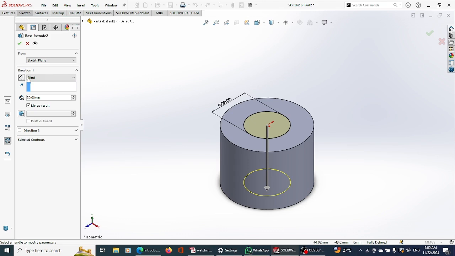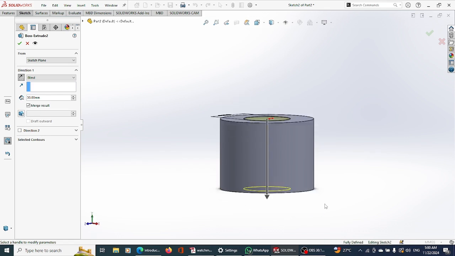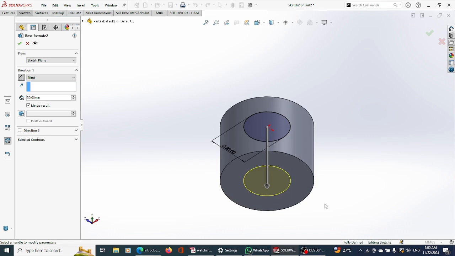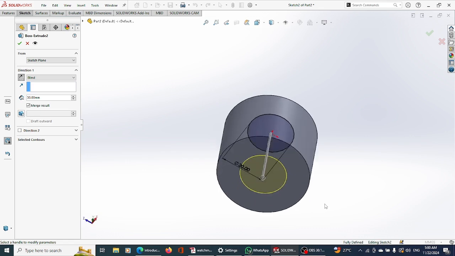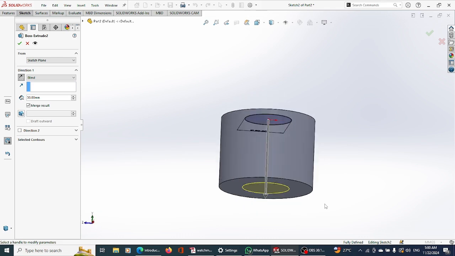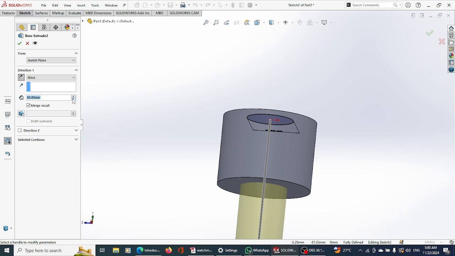Good. Now you are saying that the actual sketch is on top of here, so it's going to go down by 30, but you want it to still go down further. It did not end here. See what I mean? I'm using my arrow up, my direction keys on my keyboard to move up and down and sideways. Now the guy is stopping here because this is where the sketch is. So I will need to extend it further by another 30, like 60. Good. So if I press good now,